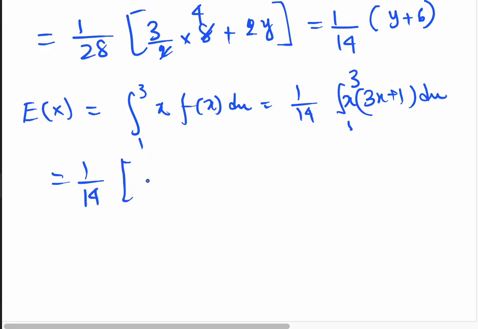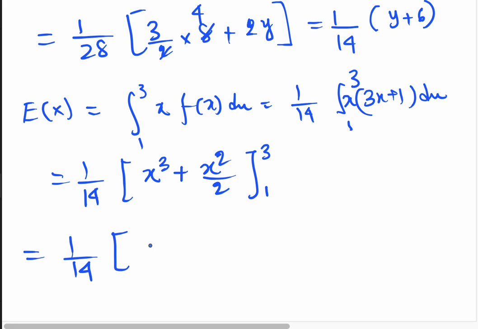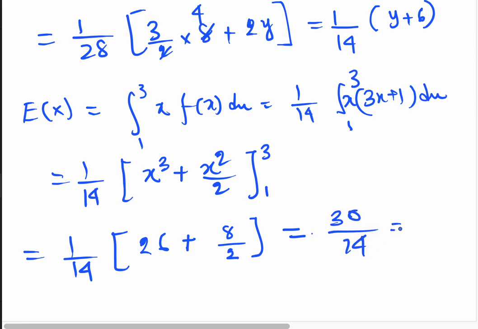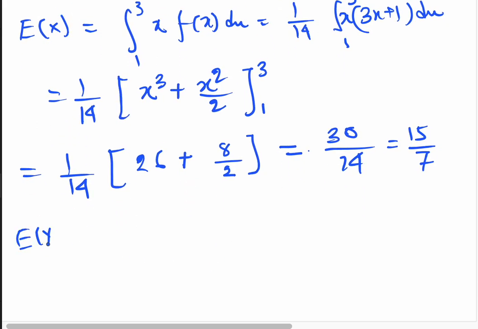First term is x cube by 3, so x cube. Second term is x square by 2, and it's 1 to 3, 1 by 14. This is 27 minus 1, 26, plus this is 9 minus 1, 8 by 2, 4, that is 30 by 14, so that is 15 by 7. So expectation is this. Similarly, calculate expectation of y, that is 0 to 2 y f of y dy